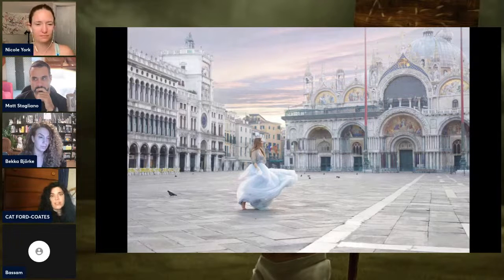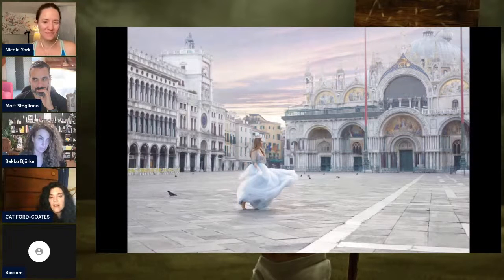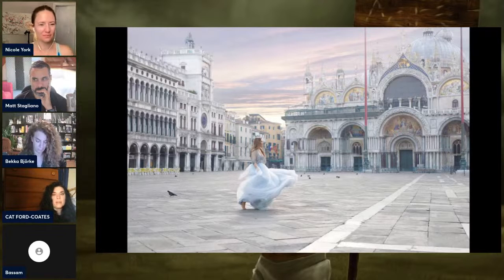And then bringing in, okay, well, let's not just go straight on with the church. Let's bring in the rest of the square so you can have some angles to work with and have her dance. And you see the pigeons everywhere, and they're not even bothered by her. So it's her very own, right? Because she's alone in this place, whereas anybody else at any other time would go to St. Mark's Square and just be surrounded by people and pigeons dive bombing you for your sandwich and pizza and all the things. So it's just about elevating the subject with the location at the perfect time when it's doing what you want it to do.